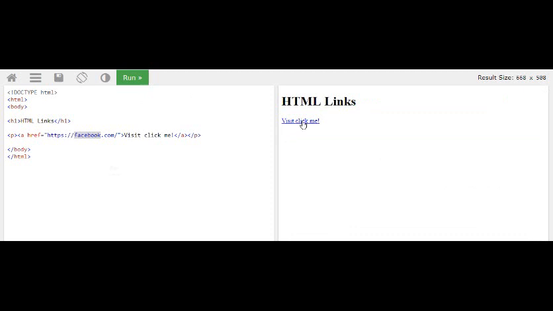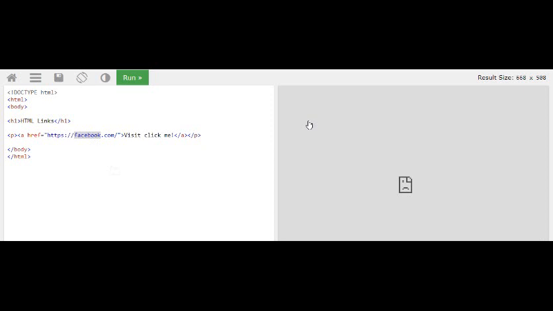See here, visit, click me. When I click this, since I changed it to Facebook, some mistake has been done, and we are going to get www in the hypertext reference.